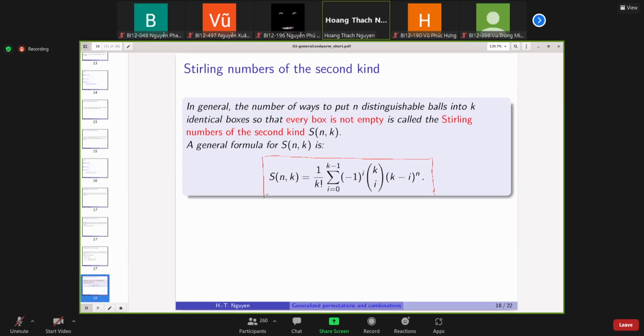So you don't have to memorize these formulas by heart. Okay? So basically, what you need to take away is that